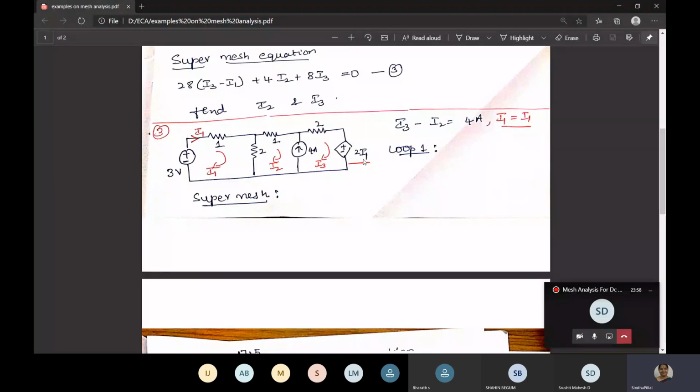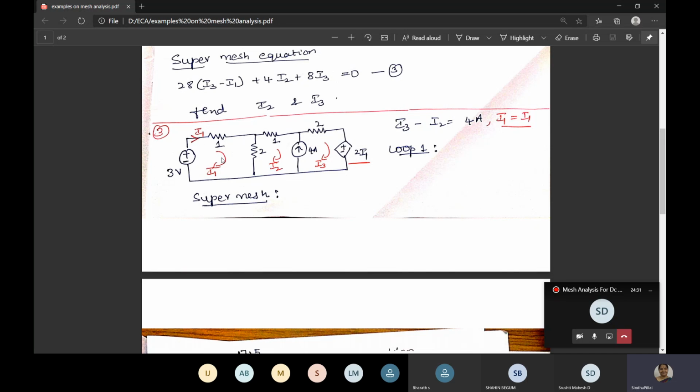Next, since it is a current dependent voltage source, on which current is it depending? It is depending on the current flowing in the 1 ohm resistor. What is the current flowing here? It is nothing but I1 only. We have assumed I1, and they have also given I1. So wherever 2I1 comes, you just write plus 2I1. You need not write anything else, because the assumed current I1 is equal to the current given in the 1 ohm resistor.